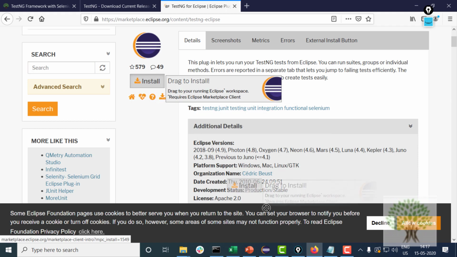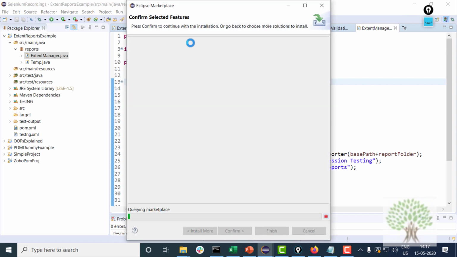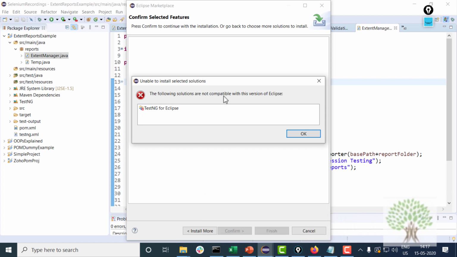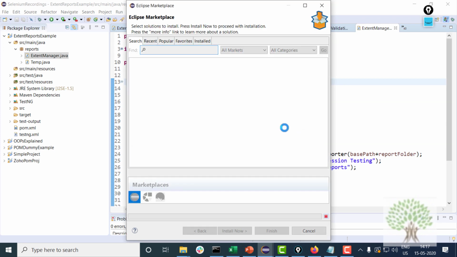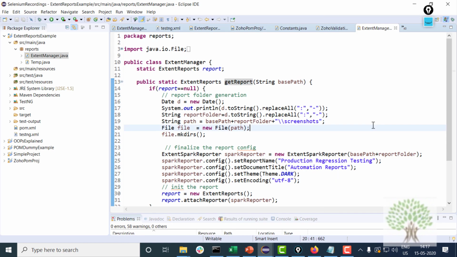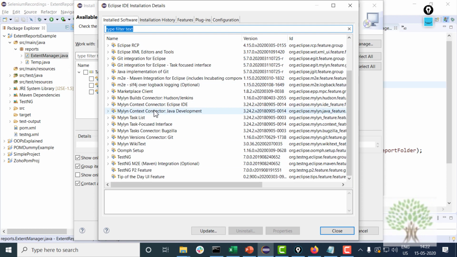Click the install button, just drag this into Eclipse and this will give you the option in some time to install the Eclipse plugin. It's showing that it's not compatible with this version of Eclipse. That's fine because it's already installed in my machine actually. You can click on already installed and then scroll down, select TestNG and you can uninstall it from here.